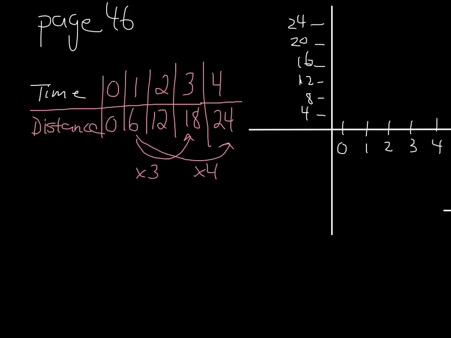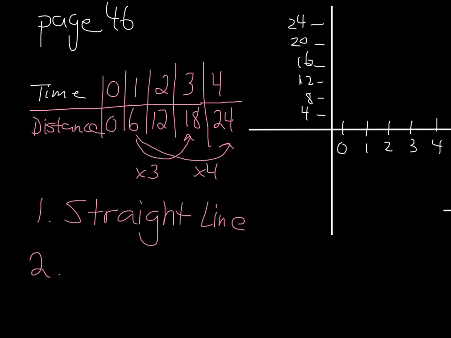Before we graph it, I'm going to explain how we determine whether this is proportional by graphing. There are 2 conditions. Number 1, it must be a straight line. The line we make must be a straight line. And number 2, it must pass through